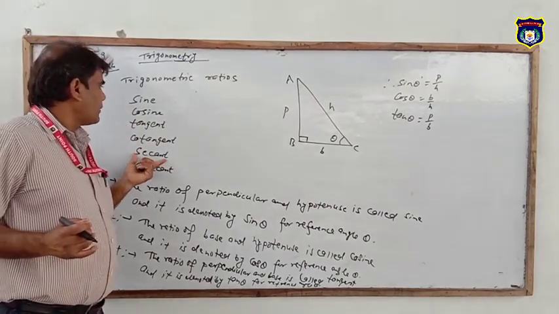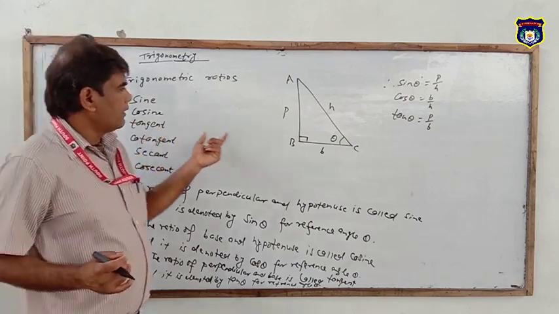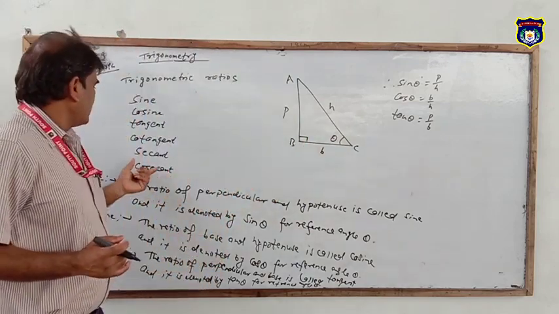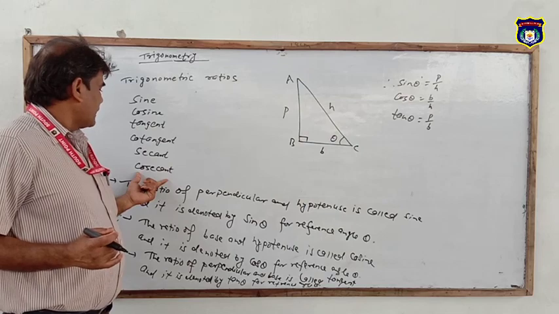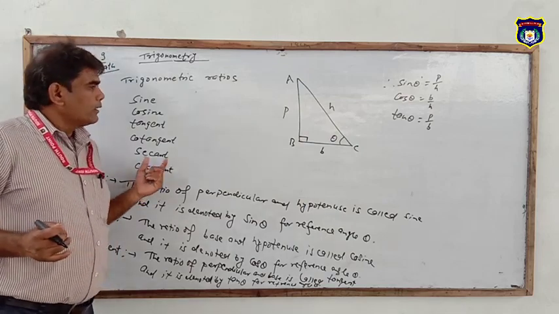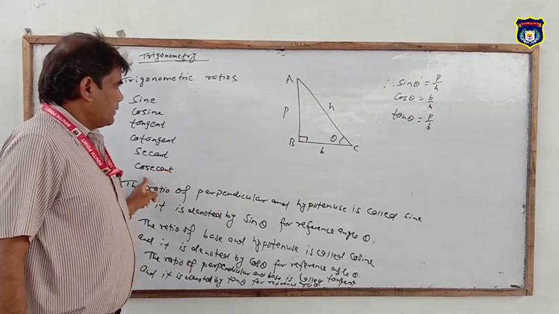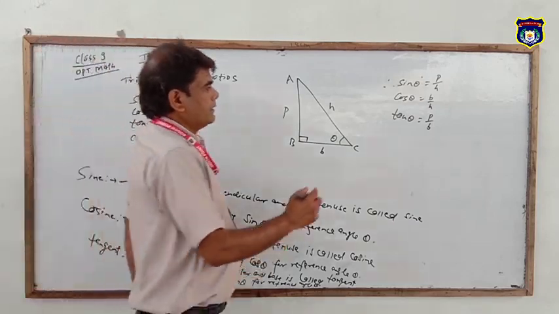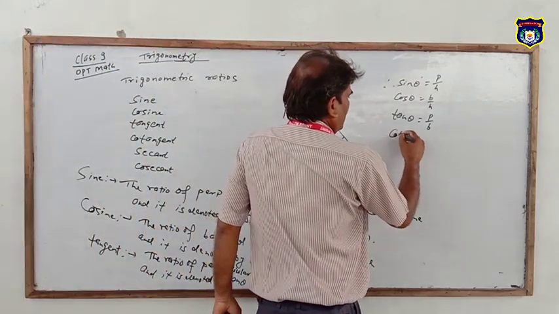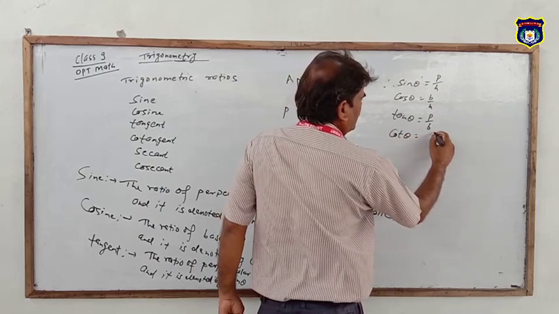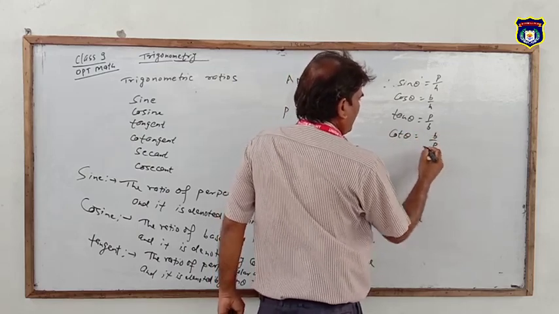The ratio of hypotenuse and base is called secant, and the ratio of hypotenuse and perpendicular is called cosecant. So cot theta is equal to B by P,